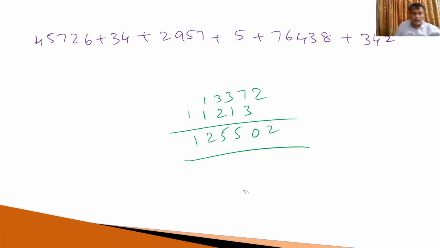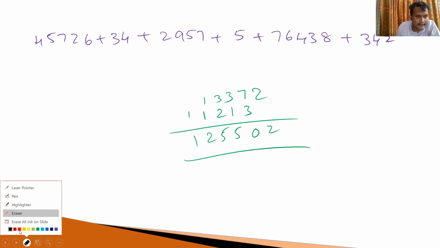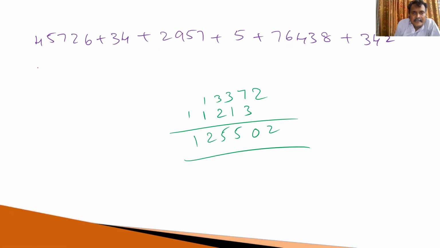Yeah. What is the application? See, 4 and 5 get cancelled, 7 and 2 get cancelled. This is equal to 6. 3, and what is the digit sum of this number? That is equal to 6. What is the digit sum of this number? That is 7. What is the digit sum of this number? This is equal to 5. This is 5. What is the digit sum?